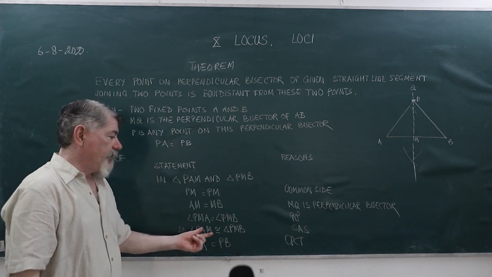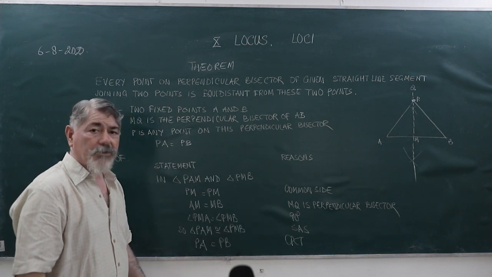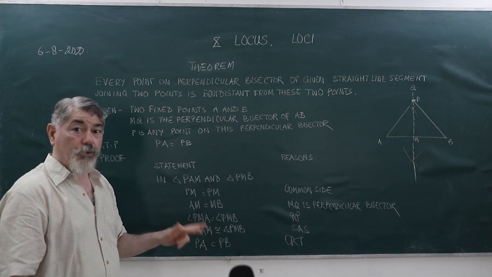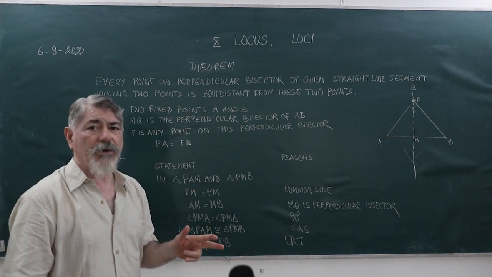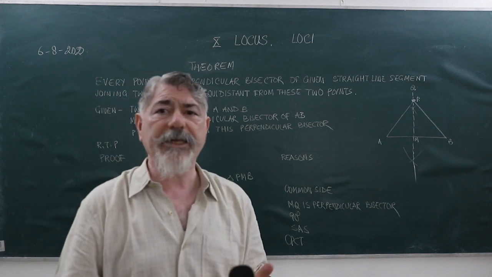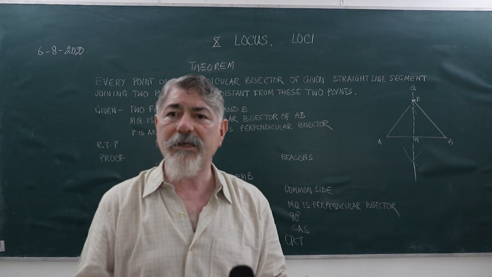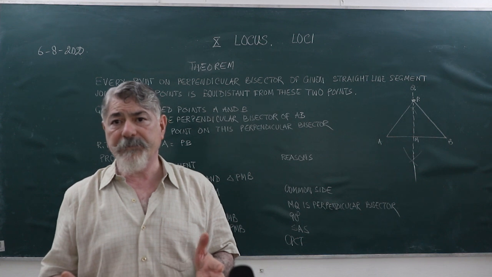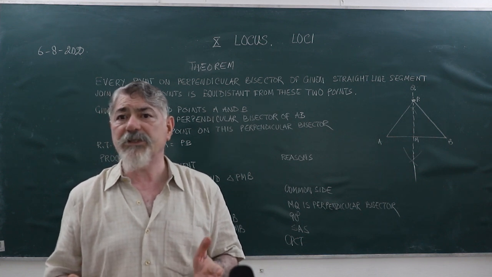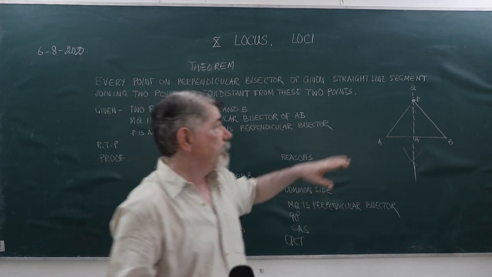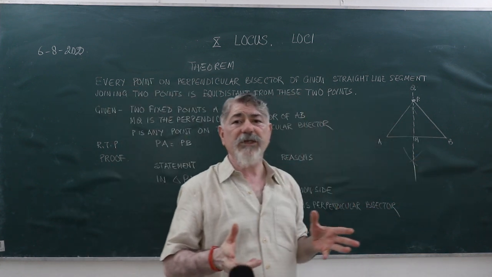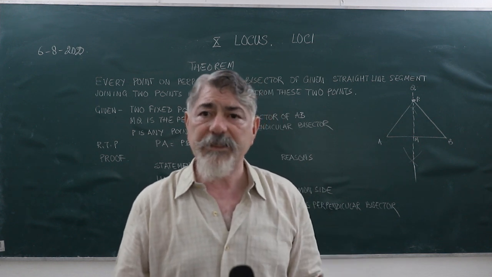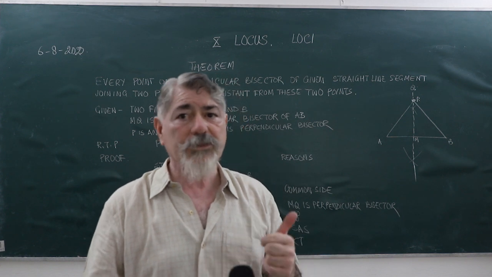So triangle PAM and triangle PMB are congruent. What is the condition for congruency? SAS: two sides and the included angle of one triangle are equal to two sides and the included angle of the other triangle. Hence the two triangles are congruent. And if the triangles are congruent, they are going to be equal to each other in each and every respect. So PA will be equal to PB because that is the only side left. Otherwise, already we have said two sides were equal, so that side also becomes equal. Is that clear? That is what we had to prove.